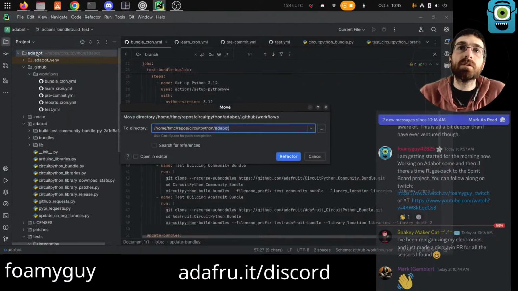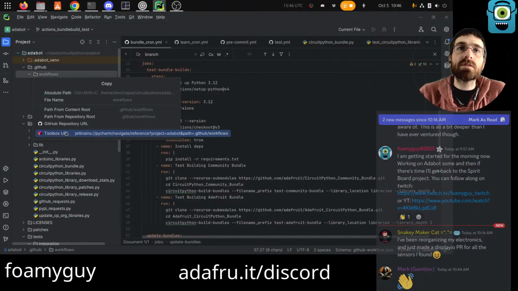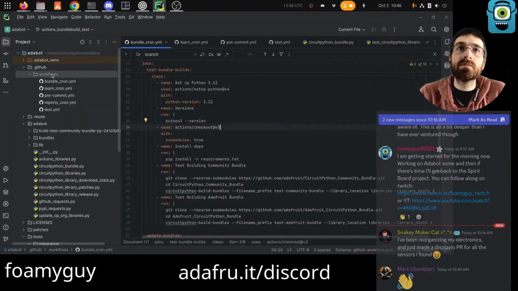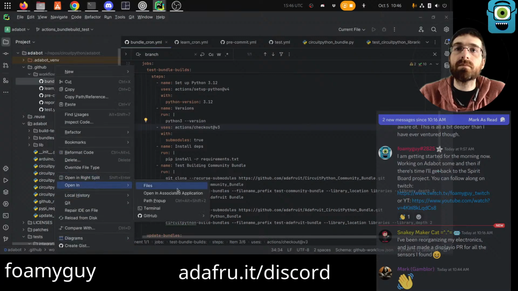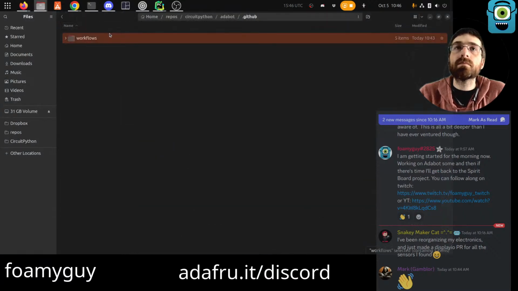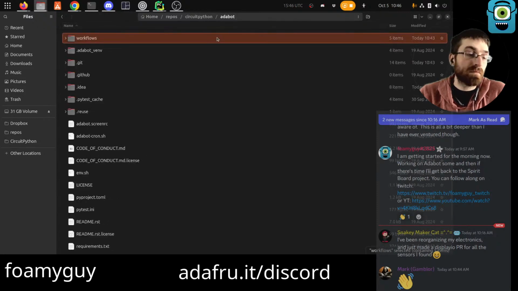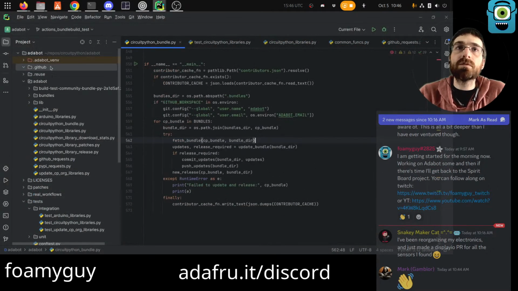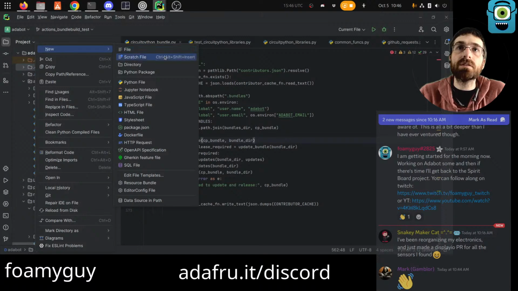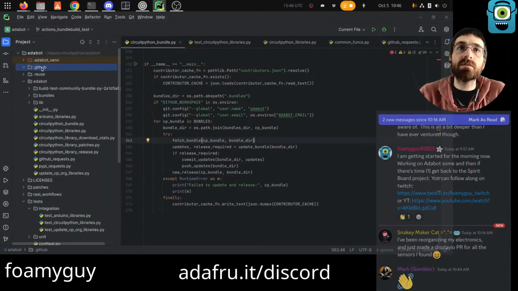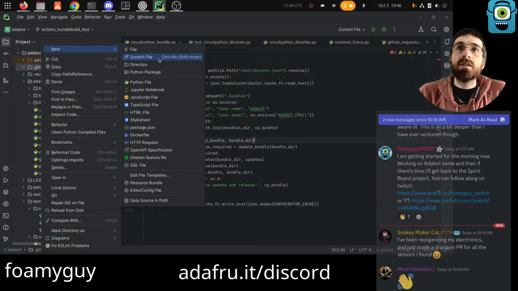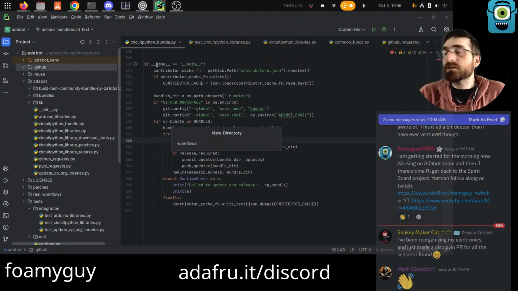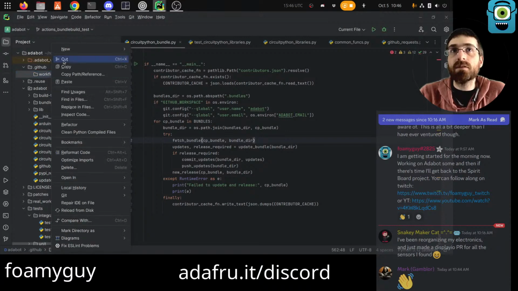Oh. Move directory from... I sometimes wish I could just copy paste more normally. Okay, so we have real workflows there. We're gonna make fake workflows here. It's not a Python package. Workflows. How's it going, Mark Gambler? And then I'm just gonna do